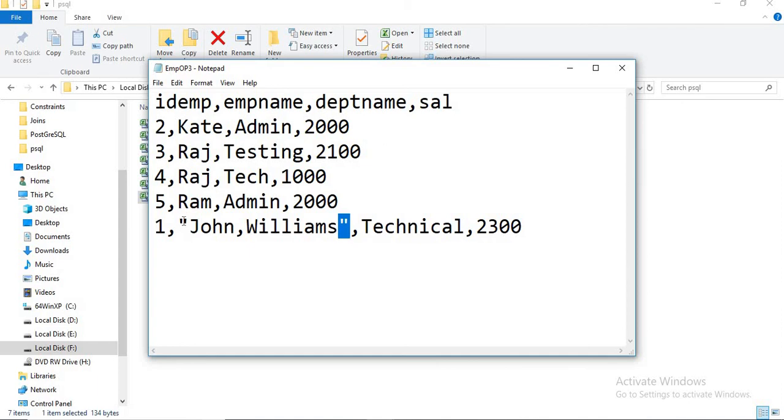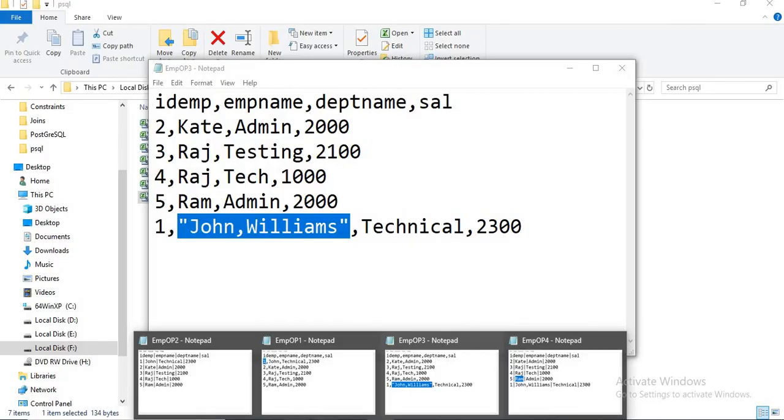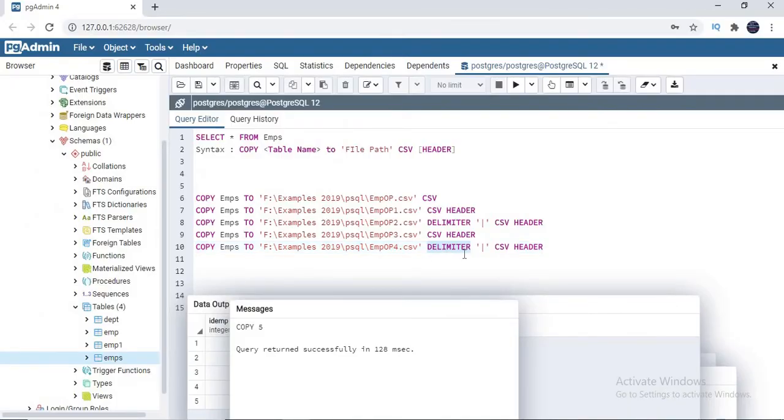They might have to look for cases like this and handle them manually before they go for loading or analysis. That is the reason we have a specific delimiter option. If you want to go with CSV, it's up to you. It purely depends on your data, case by case. But there are cases where you might end up with these issues. That is the reason I am telling you to specify a special delimiter.